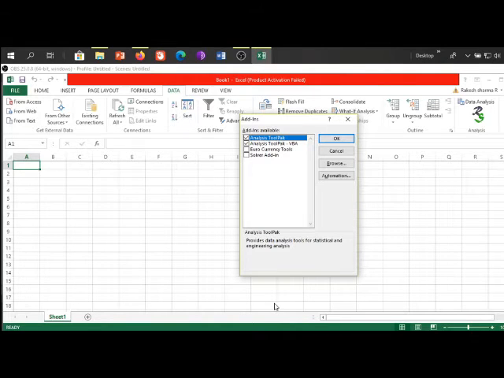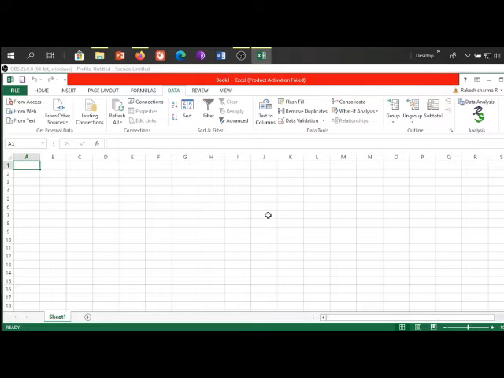When you do so, a small window opens which shows the available add-ins. You need to tick mark the Analysis ToolPak option in the window and click OK. Subsequently, you may need to restart Excel, and upon restarting, the data analysis option will be there when you click the Data tab.